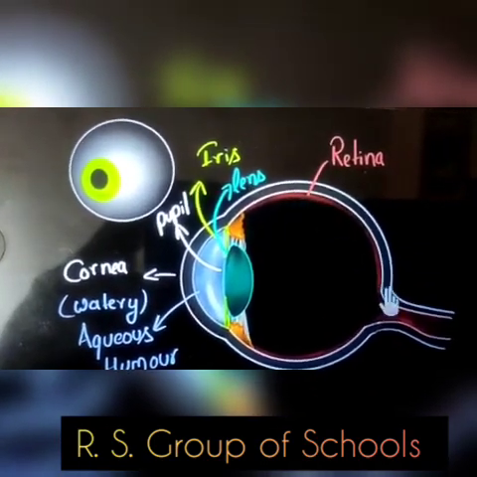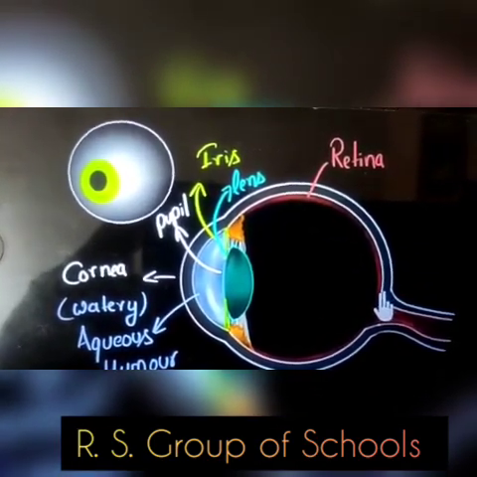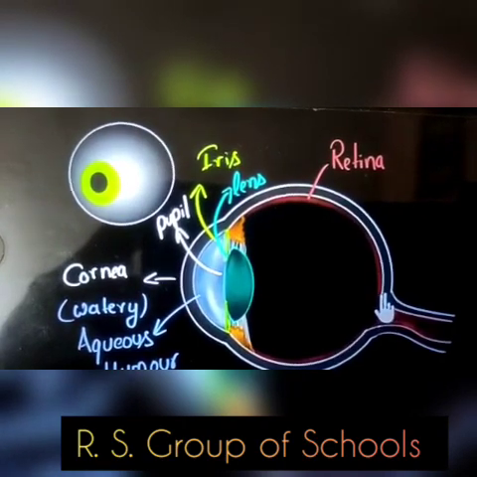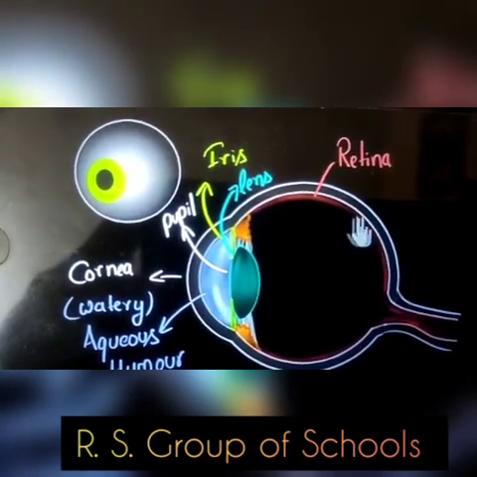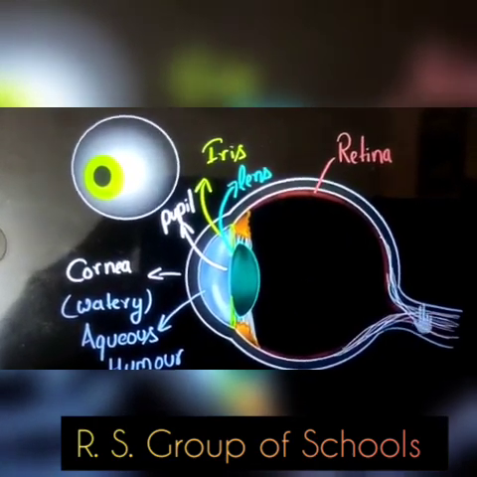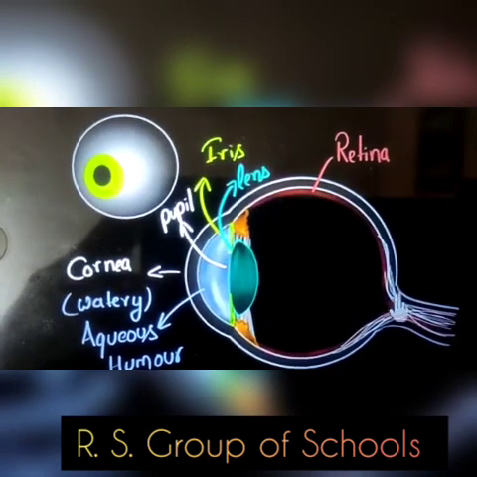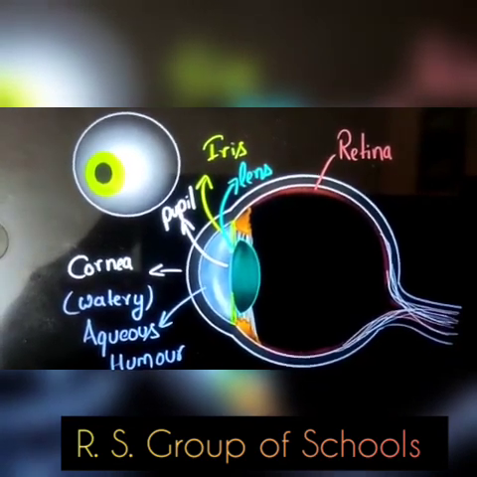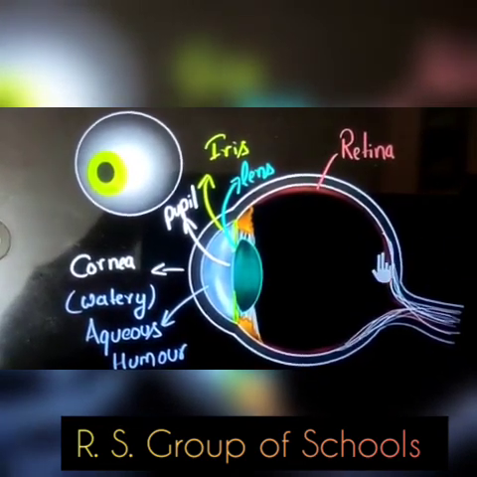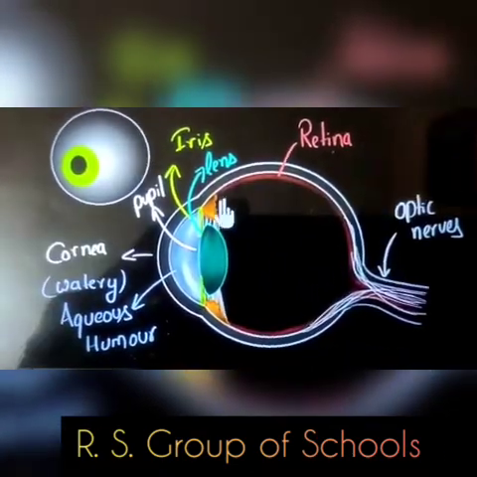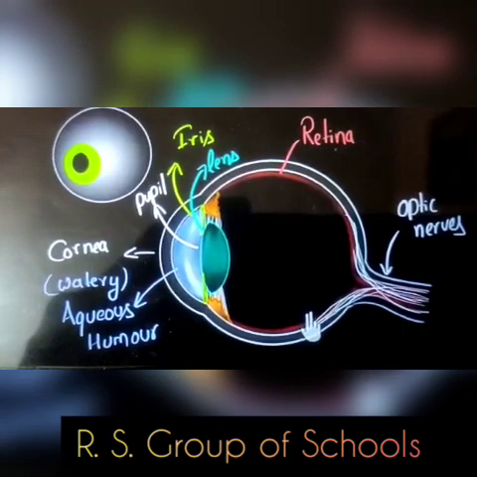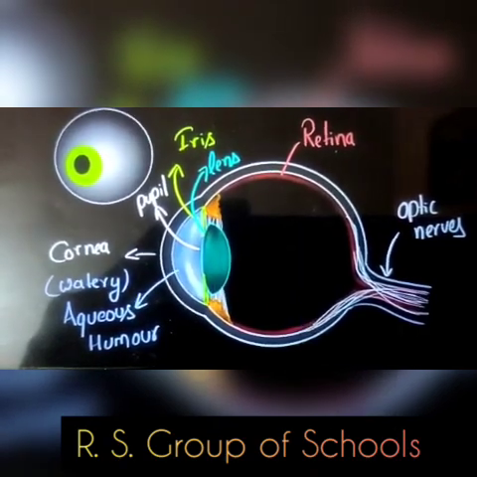Each of the light sensitive cells composing the retina is connected to the brain by a nerve, and all the nerves leave the eye in one bundle called the optic nerve. So this one, the white structure, is called the optic nerve. Basically it is a medium through which electrical impulses are sent to the brain.